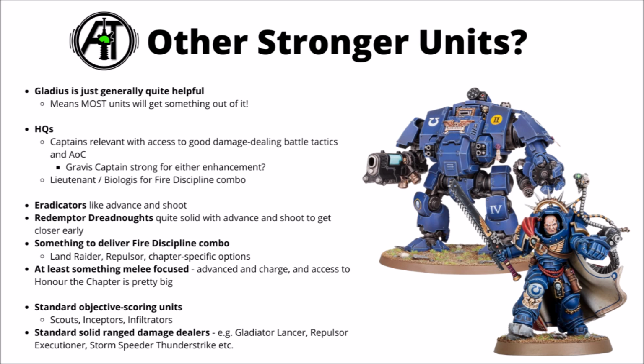And given the existence of that Lance melee stratagem and the advance and charge from the Assault Doctrine, I feel like it's probably worth having at least something that's fairly hard hitting in melee in the army. I feel like you're getting seriously more value than the average formation does out of, say, a squad of Blade Guard, perhaps, being able to threaten a charge at a much greater distance and potentially get +1 to wound when they get there. Otherwise, I'd certainly just back that up with standard good Space Marine things like Scouts, Inceptors, or